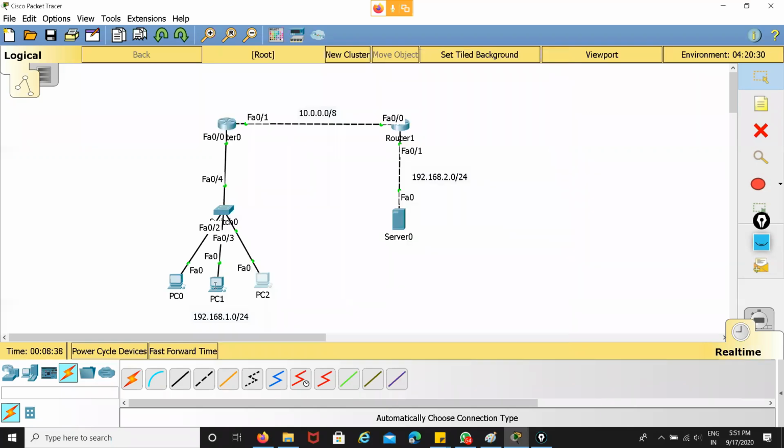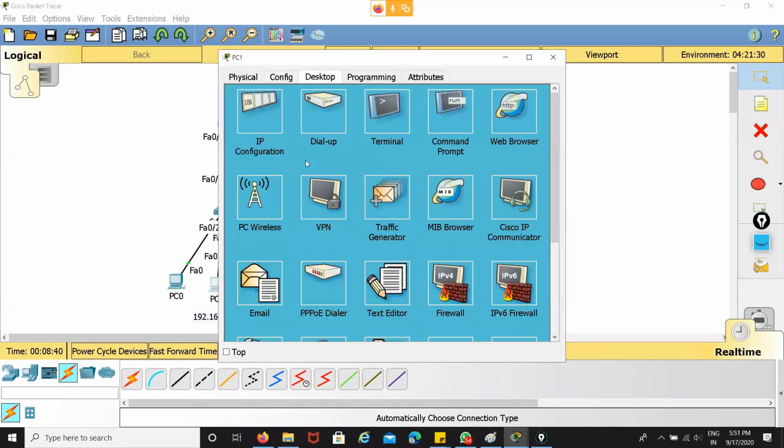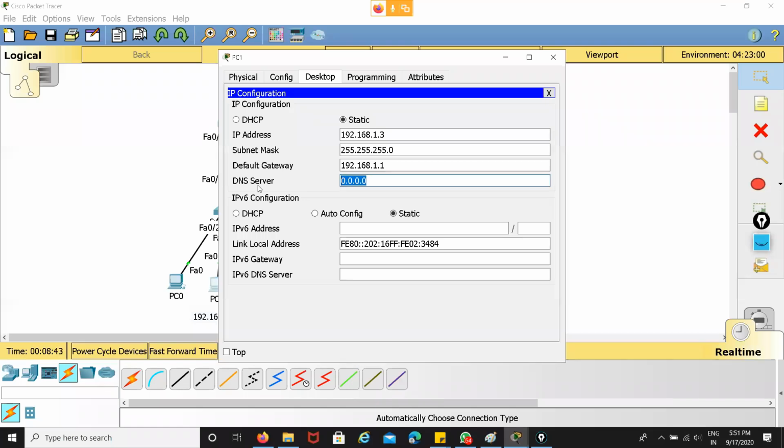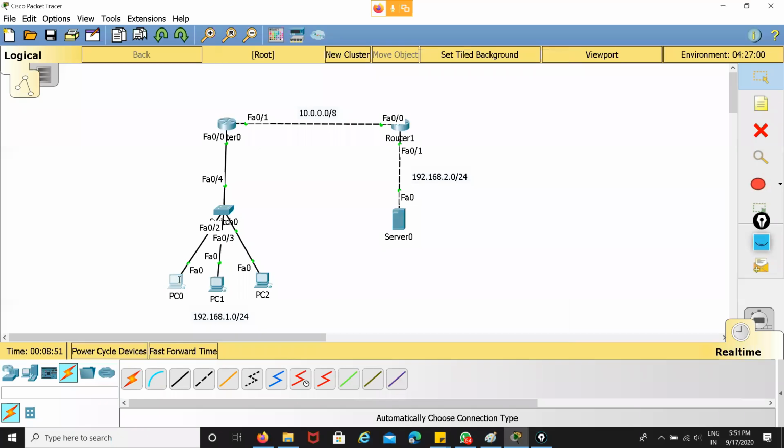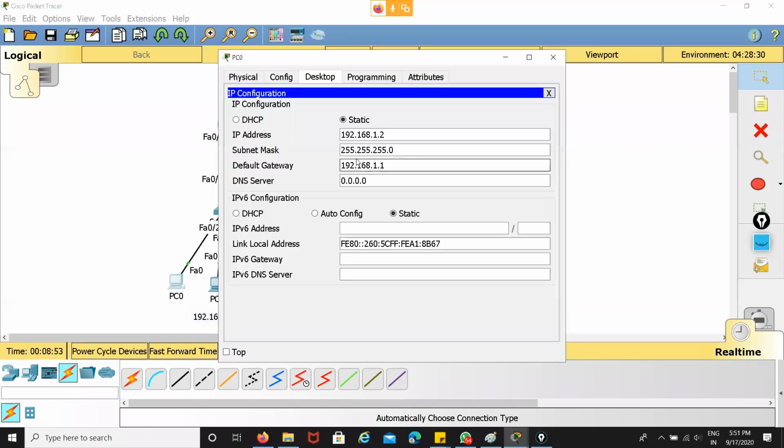I'm sorry, I forgot to configure the DNS information. Here as well I use the 2.1 address as the DNS server information.